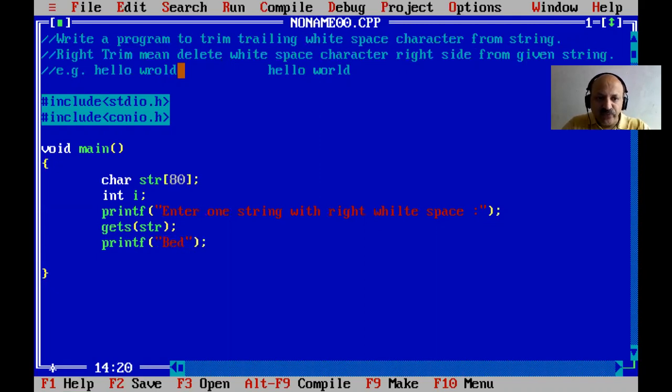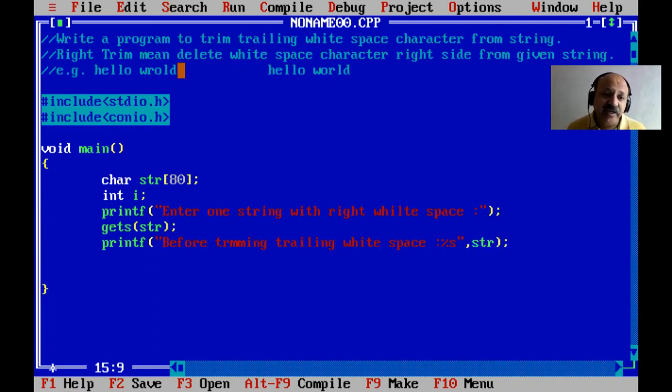So before trimming, trailing white space, our string is percent s, and then we can print the str. So that is better.